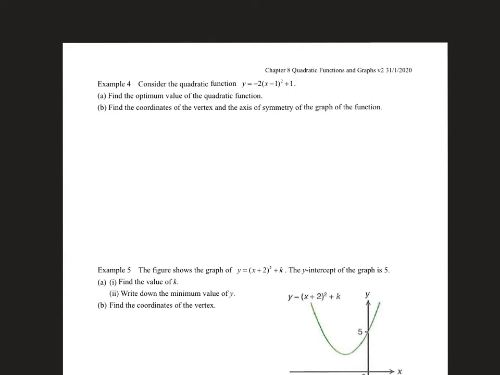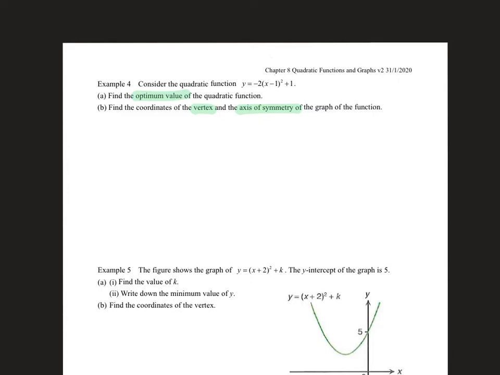The next example tests or teaches you some ideas of special terms, including optimum value, vertex, axis of symmetry, etc. Before we start the question, we have two formats, one called standard form and the other called vertex form of a quadratic function. So when you start reading a question, you have to determine which form is given in the question. So can you identify